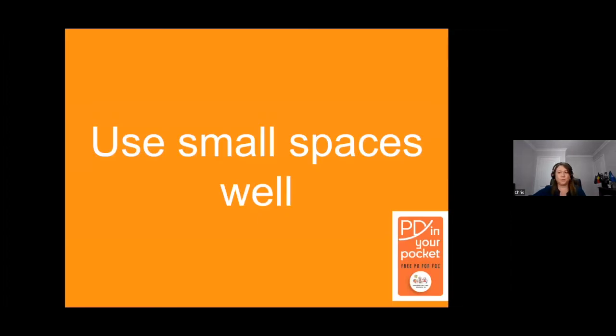So use small space as well. Many of us may not have huge homes for our family daycare service, and that's okay. But it's what we do with our spaces and how the spaces make children feel. And us as educators, we spend a lot of time in them. So this is how we're going to have a look at this. We're going to look at some pictures of smaller environments and see how well they're used.